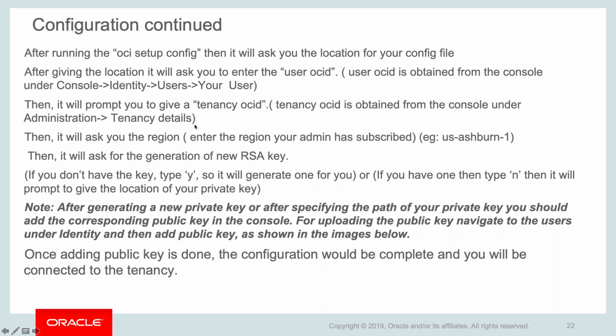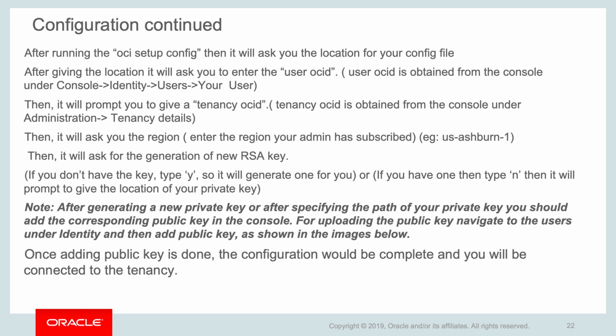Administration and Tenancy Details. After that, you will see it is asking you for the region, and a region is nothing but whatever region you have your services in. In my case, us-ashburn-1 is my region, and I will pass that value to the configuration. Then it also asks for a new RSA key. If you already have one, you can use that, or if you don't have one, just type yes and it will